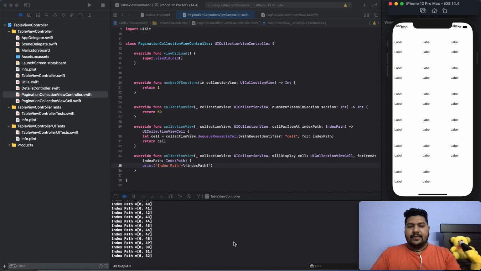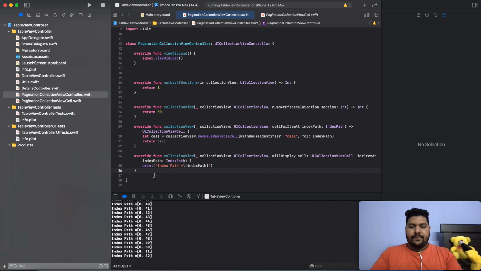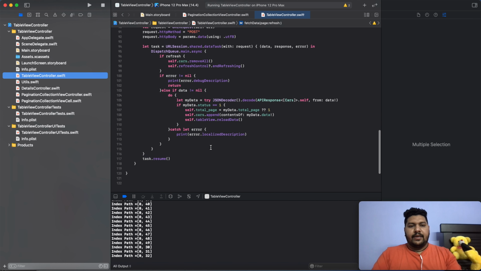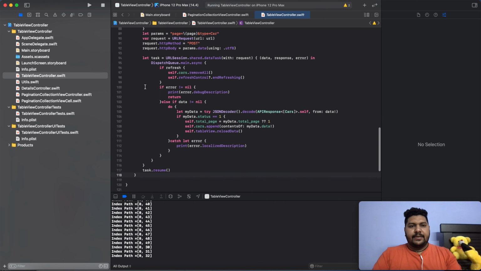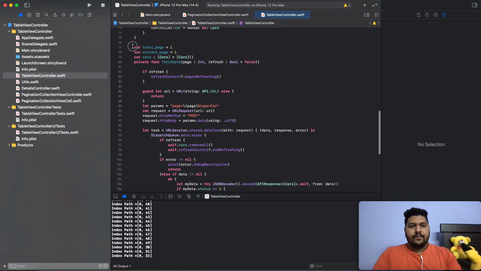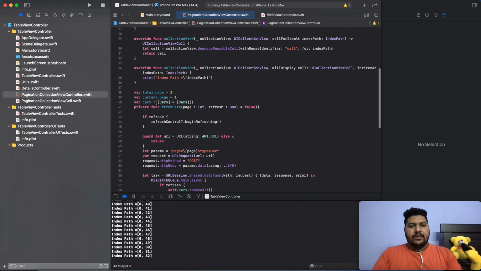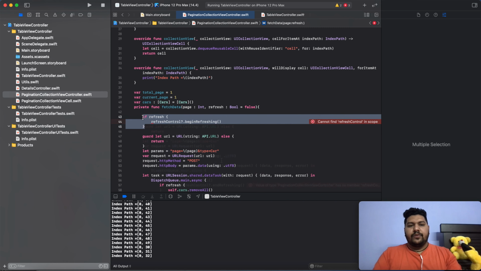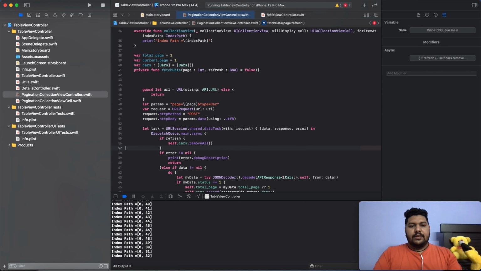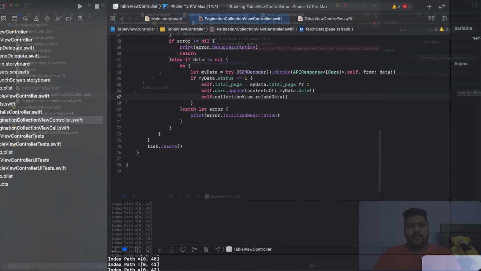So let's understand how we can fetch the data from the backend on the basis of this function. First of all I will integrate this one piece of code. Here it is. I will copy and paste this and I will reuse it over here. So this is my pagination code. Now what I need to do, just remove it, it's not required actually.